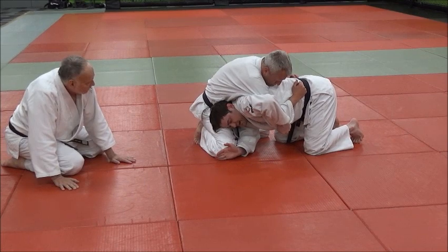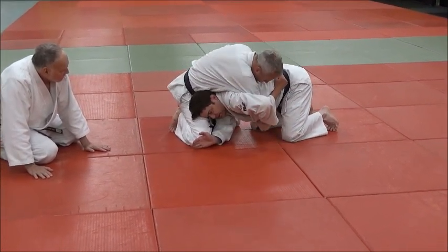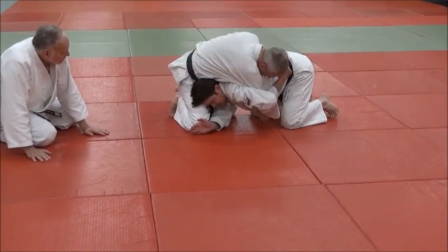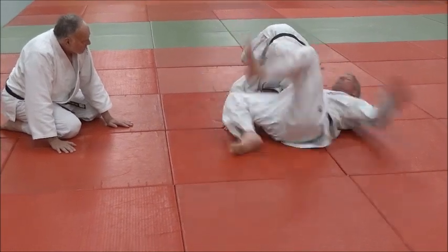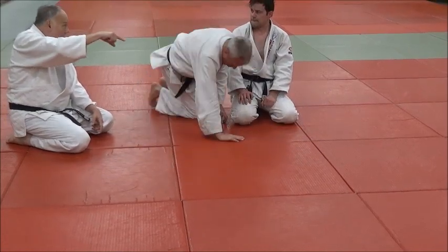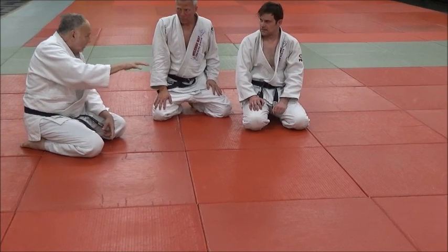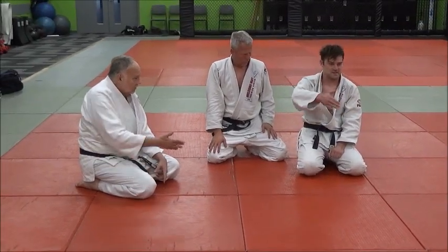Because as I swing my butt to the side, you have a little bit of a moment of kazushi where you can really off balance them, and you pull hard down on this hand. You can see that Mike's already kind of shifting, okay? So we hop, and then you pull. That's a good point. When you move your butt out of the way to the side, then the throw occurs. Then the actual takedown or breakdown occurs. It's very similar to sasae. Like if you do sasae correctly,